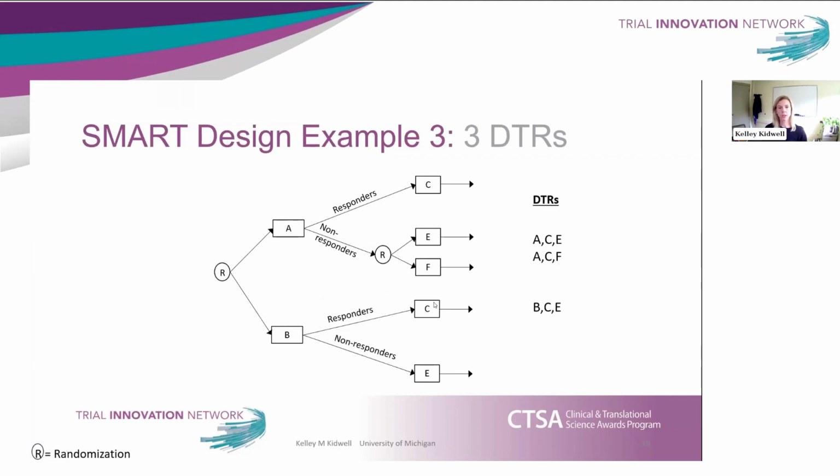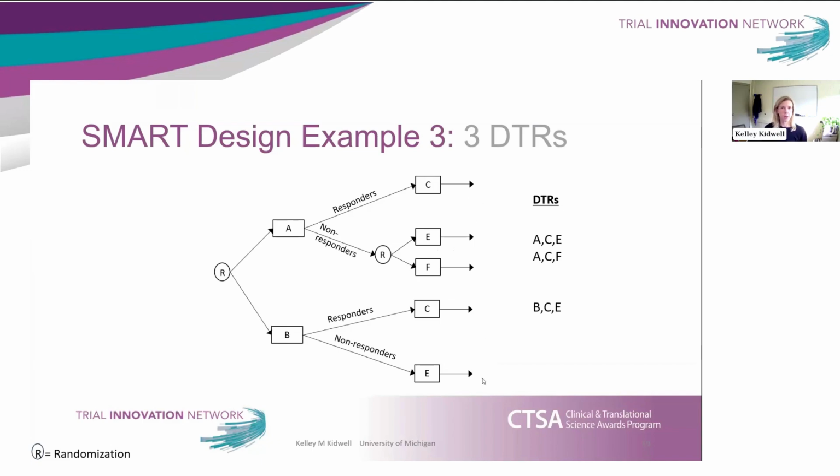And this one differs a bit because whatever we did up here for treatment A, we didn't have to do the same thing for treatment B. So this design has been used in particular when B is like a more intense or resource intensive or burdensome treatment. And so there aren't as many options to follow up with. So in this case, right, people who first get B, they're not re-randomized again. But this is still SMART because there is a subset for which there is sequential randomization. So in this SMART design,